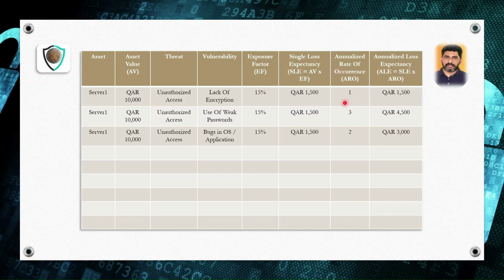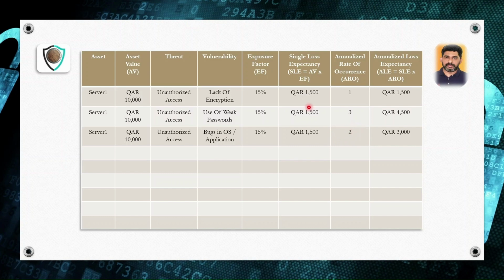So the first thing, as an example, I have taken unauthorized access due to lack of encryption. Well, there is a likelihood of that threat occurring once every year. So annualized rate of occurrence is how many times the threat occurs per year. Then unauthorized access due to use of weak passwords, well, it has a likelihood of occurring 3 times every year. And unauthorized access exploiting bugs in operating systems and applications, well, that has a likelihood of